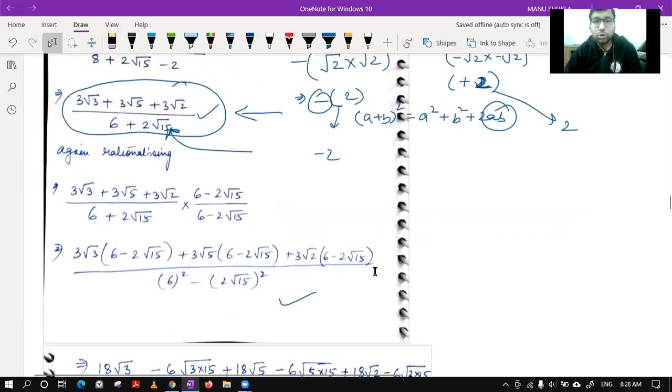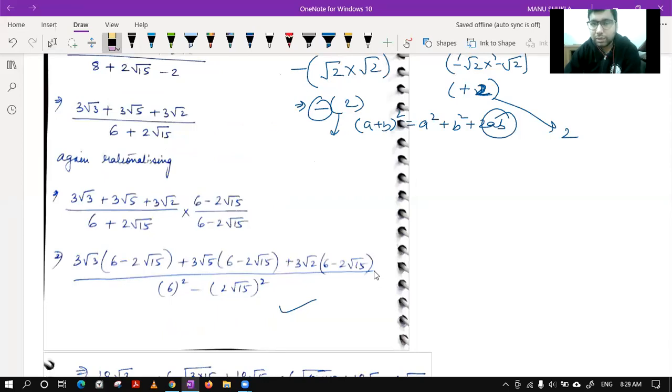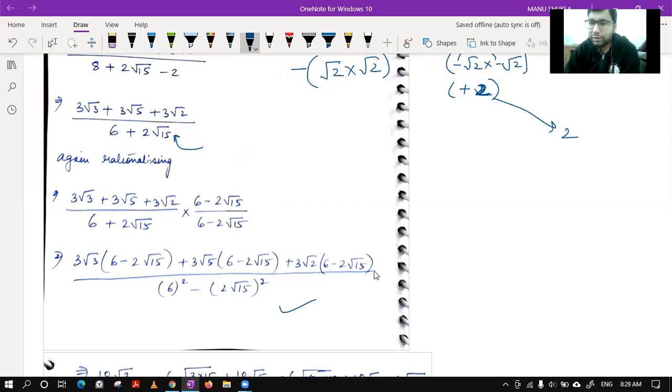Okay, now, so I was at this point. After doing the first rationalization, we reached this step. Now again, we cannot say this is the final answer, because we still have an under root or an irrational term at the denominator. So we have to do rationalization one more time, and that is why this question was a